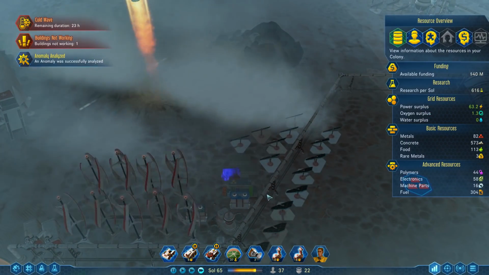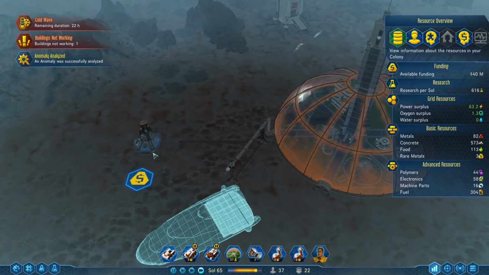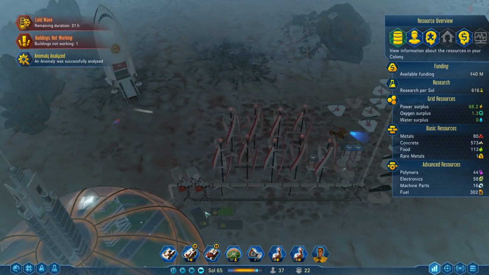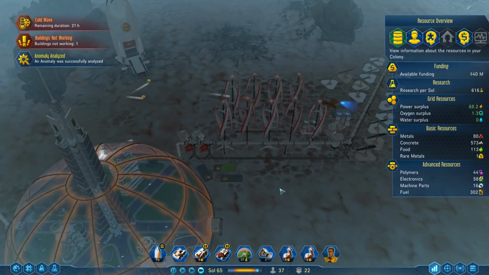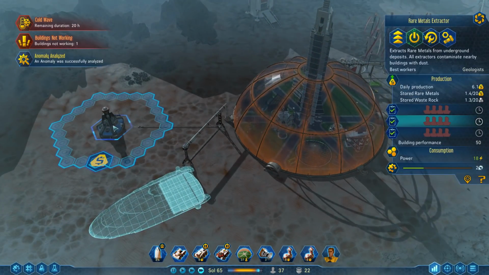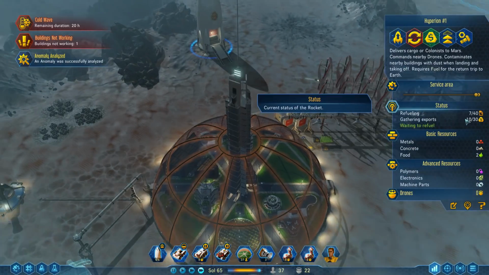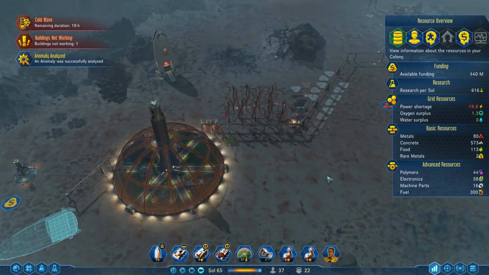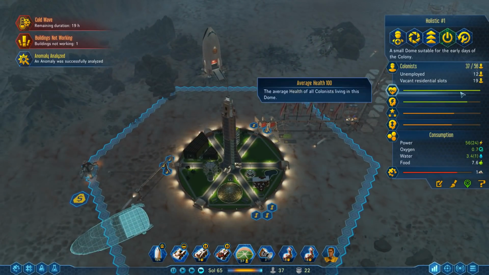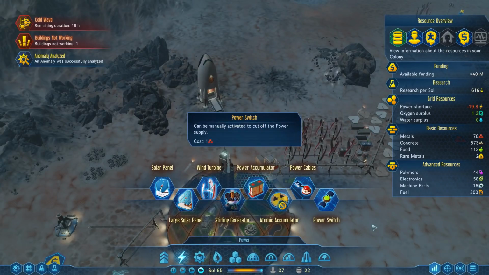What's that for polymers? Do we not have an area over here for rare metals? Oh, we do. It's just empty. Well, you know, that's how it goes. We're still making 6 a day. This thing will be full in no time. So we still have 12 unemployed. I'm thinking what we need...